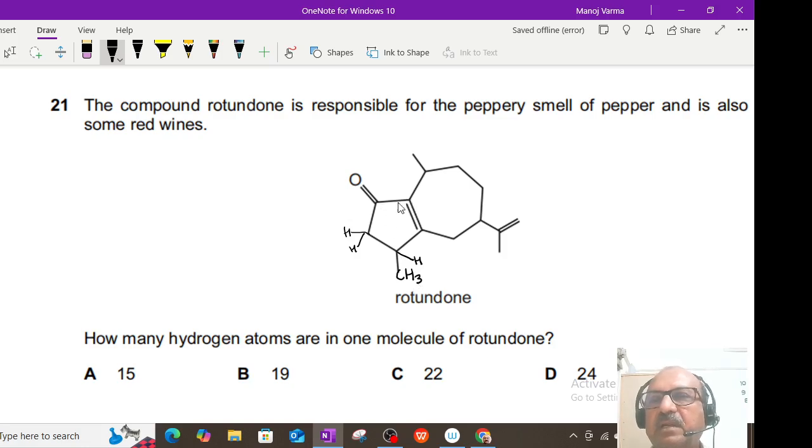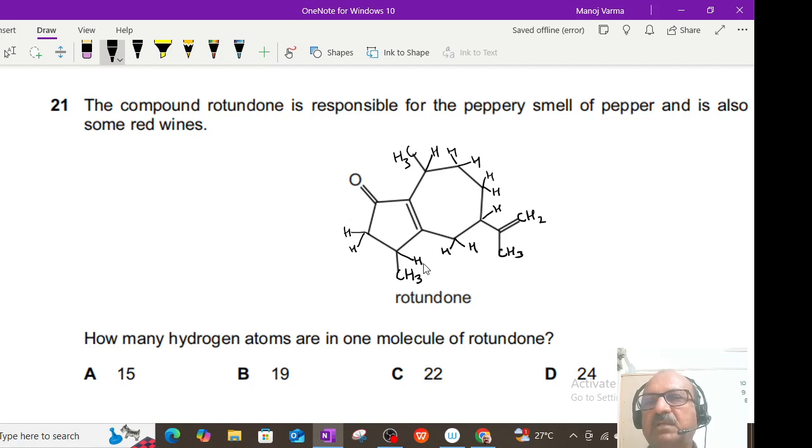Now here 1, 2, 3, 4, 1, 2, so there are no hydrogen atoms here. 1, 2, 3, so there is 1 hydrogen atom here, but there is C, so there are 3 hydrogen atoms here. There are 2 hydrogen atoms here. Similarly there are 2 hydrogen atoms here. 1, 2, 3, so there is 1 hydrogen atom here. 1, 2, so there are 2 hydrogen atoms here. So there is a carbon, so there are 3 hydrogen atoms. 1, 2, so there are 2 hydrogen atoms. So now if you count the hydrogen atoms now,